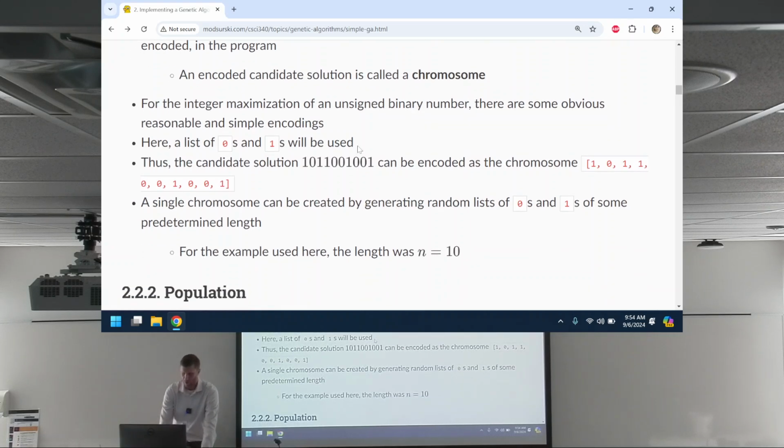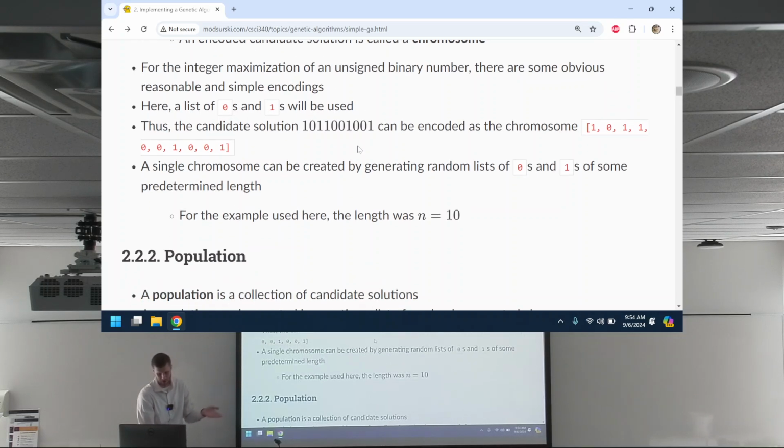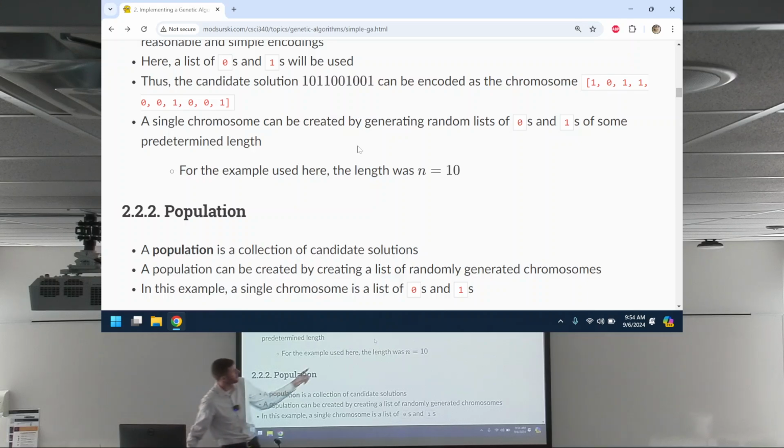All right, so for the integer maximization of an unsigned binary number, there are some obvious, reasonable, simple encodings. Here we'll use a list of zeros and ones. So the candidate solution is like that binary number, but it's encoded like this. I was saying before,